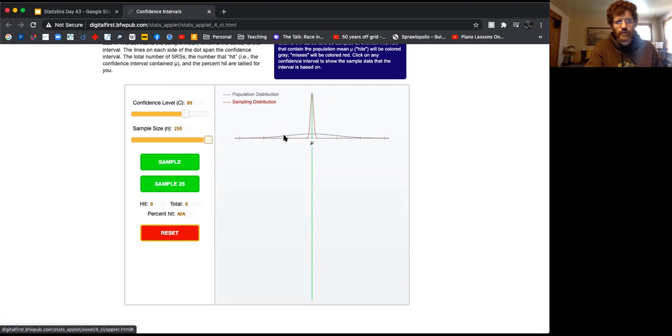So the width of our normal distribution, population one, isn't changing, but based on our sample size, our sampling distribution is. So I'll go back to 20 where we started. That's a good starting spot. And I've got confidence intervals right here. Notice that this doesn't change anything right now. I can slide that up and down and it's not changing our graph, our display.